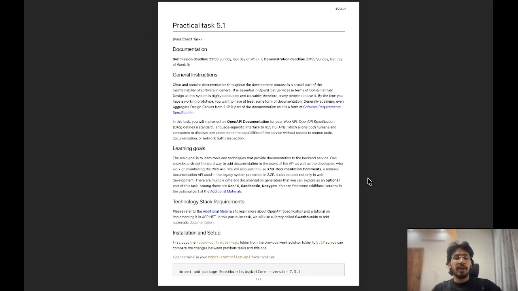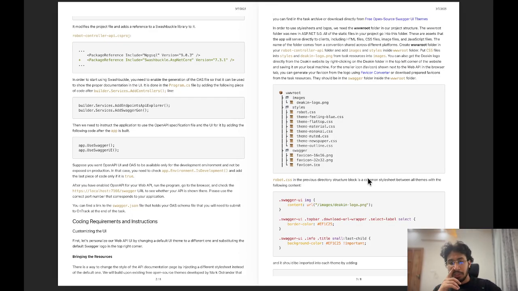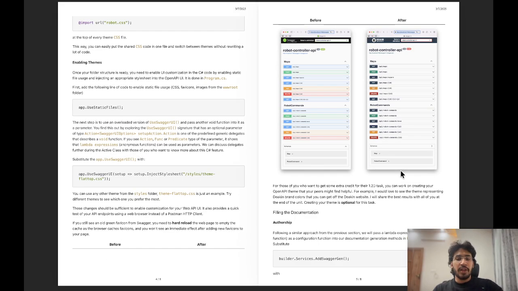So first of all, let's discuss the task sheet requirement. As you can see, this is our task sheet. The purpose of this task is to make the API easier to understand, test and maintain by generating proper documentation automatically. In real world software development, APIs are used by front end developers, mobile applications and external systems as well. Creating proper documentation becomes extremely important. So instead of manually reading the source code, Swagger provides a graphical web interface, as you can see over here, where developers can directly view and test